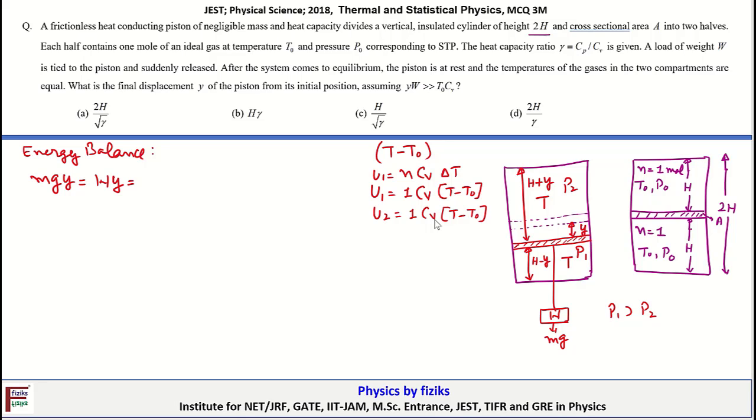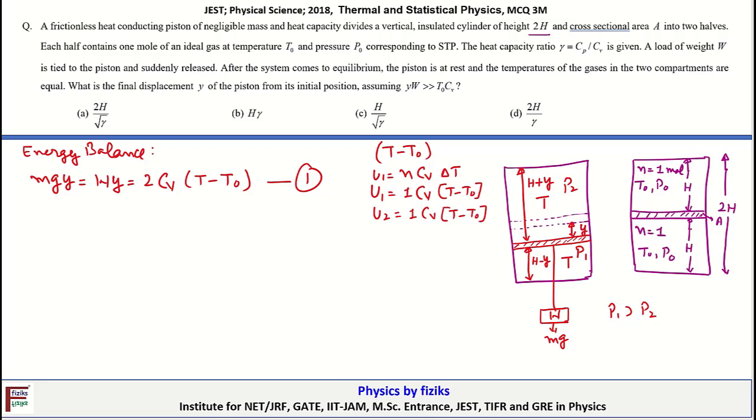So therefore here I am going to write W into y, that will balance the total energy change to Cb into T minus T naught. Okay, so let's call this equation 1. That's the energy balance. And further, after attaching the load, when the system has again reached equilibrium, so in that case the net pressure